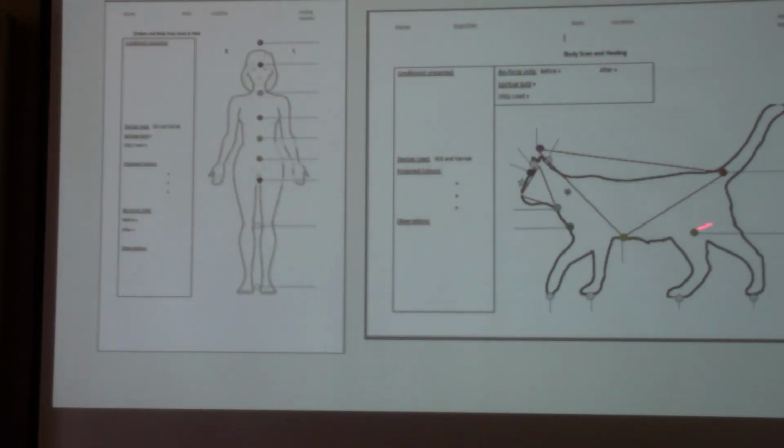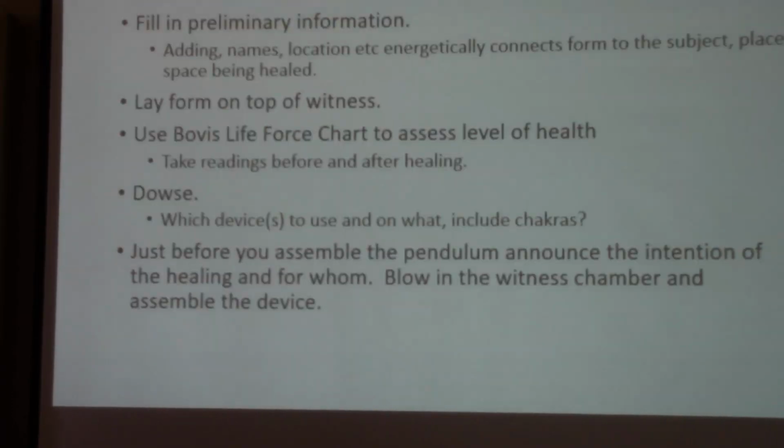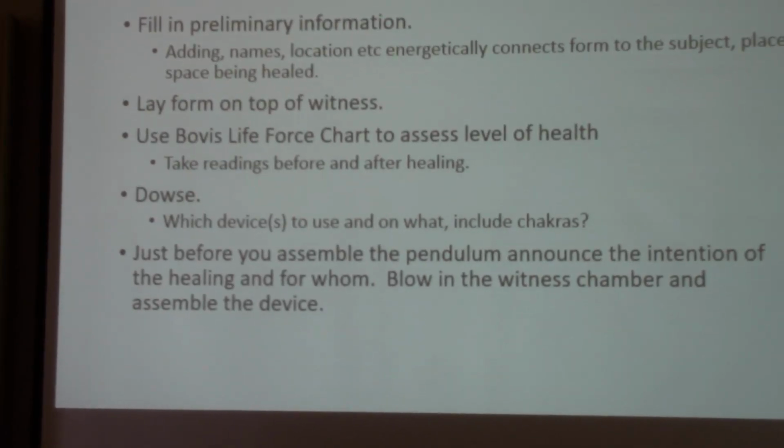Animals have more sensitive points for healing than we humans do, and it's the same sort of information. I've got horses, dogs, and such like. And men. So we fill in the preliminary information, adding name, location, energetically connects to the subject,